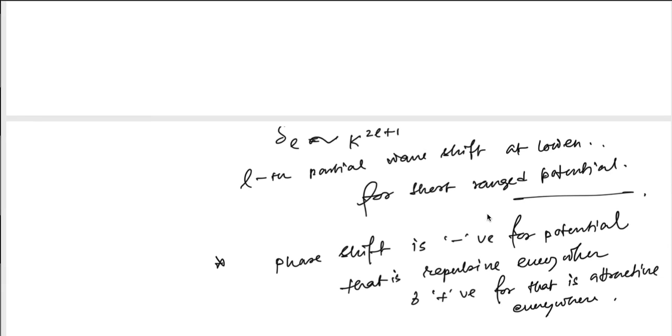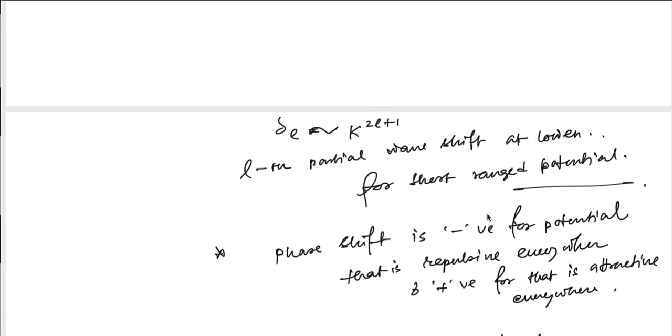and that basically tells you what the partial wave shift is for the Lth partial wave for a short range potential. This can be proved with a little bit of algebra, but you already know how to do that, and why this must be the form for an arbitrary short range potential. We did it for spherical potentials for some special examples, but you can show that this is true for an arbitrary potential. So you can check that for the problems shown above or from the exercise problem.